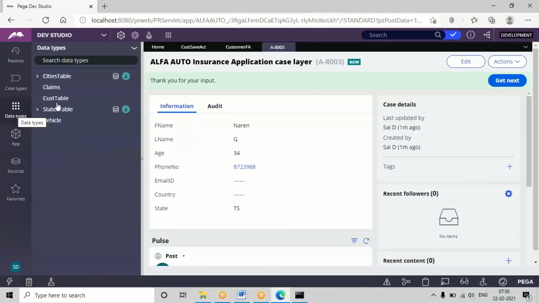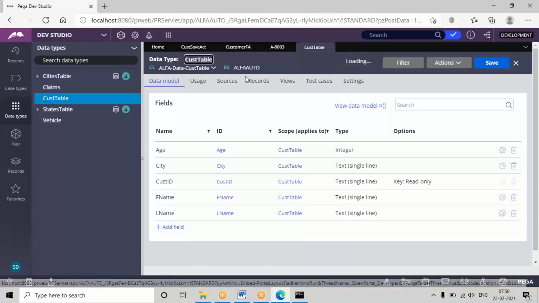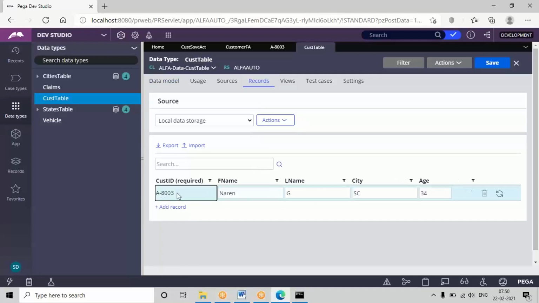Open data types, customer table, right? Open the customer table and see whether these records are showing in the records column or not. The records submitted in that form are connected to this table. So once we do this mapping, any save action you want to perform, mostly for every UI design you'll be performing. The only thing is in the property set, for which columns you want to use this save action, include all the column names, and after that if you use obj save, it will perform that action.